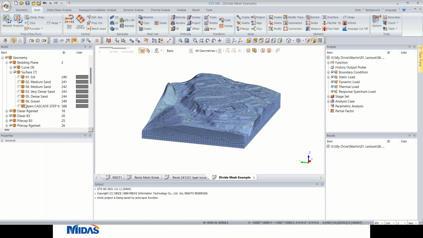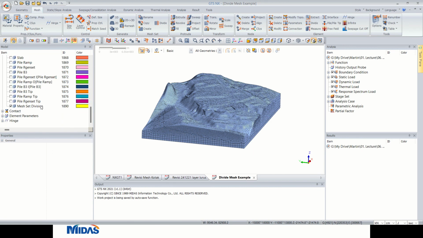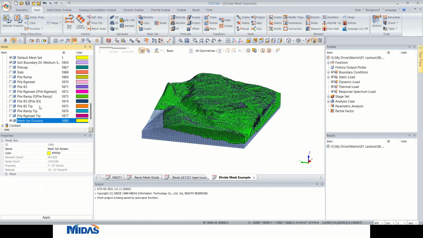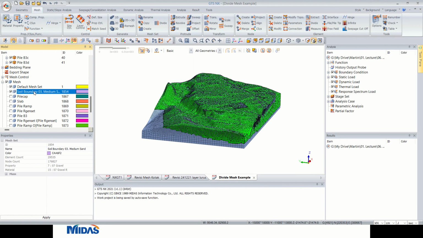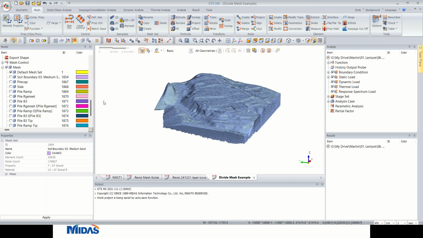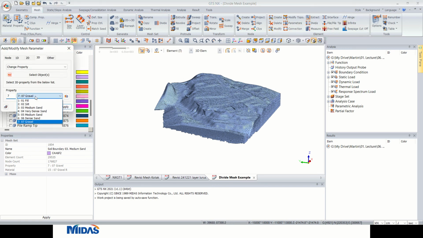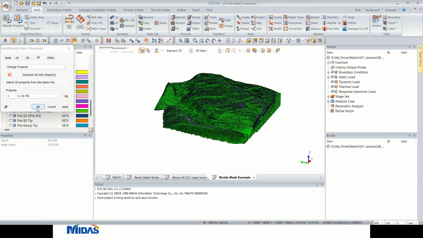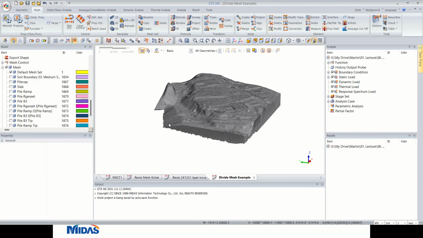So I will turn off. The color is still the same, but we now have split the two meshes here. And as you can see, this is still one soil layer. Okay, so let's say I want to apply a different soil layer to this one. So this one I just want to call it fill. Then I just press OK.